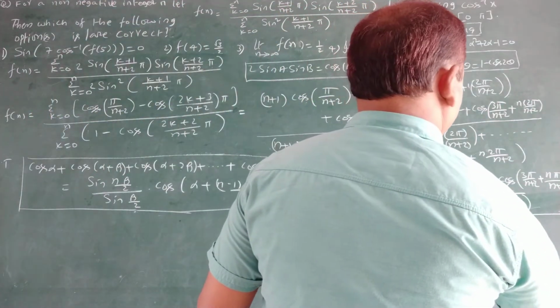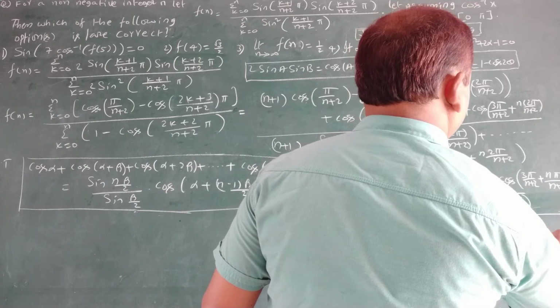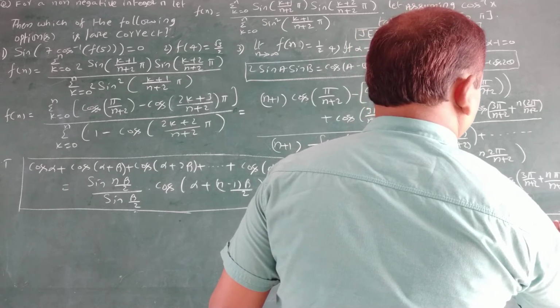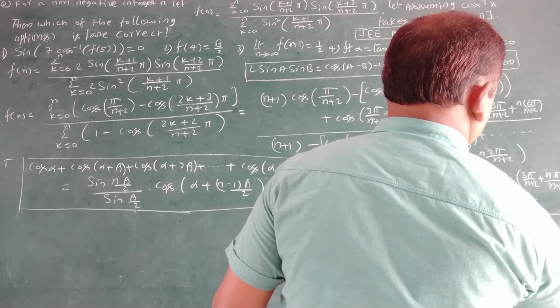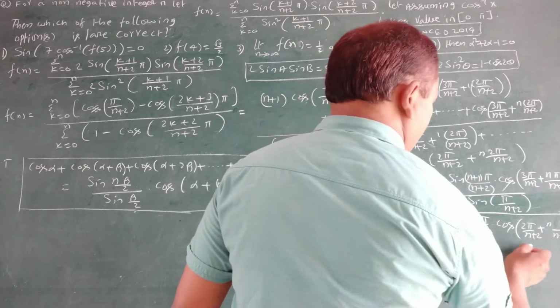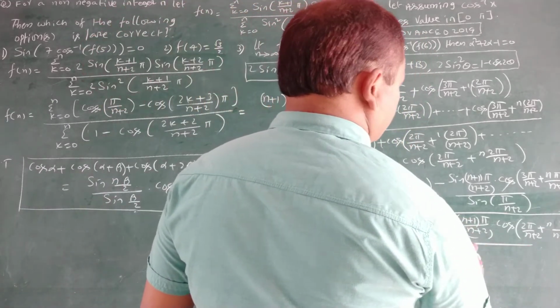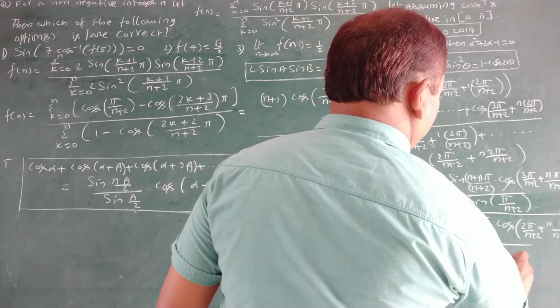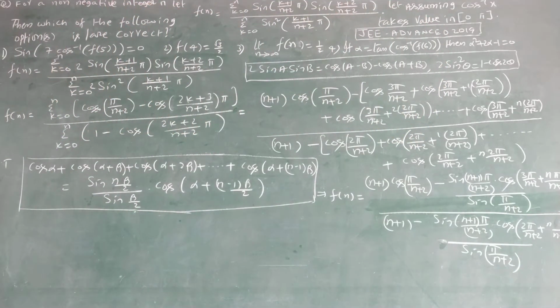That's why cos 2 pi by n plus 2 plus n into 2 pi by n plus 2, since beta by 2, that is whole by sine pi by n plus 2. That's all. Now from this f of n is equal to